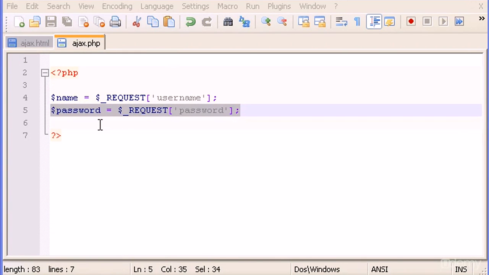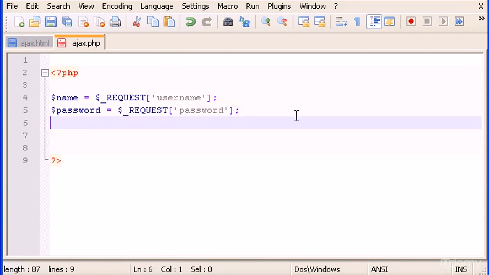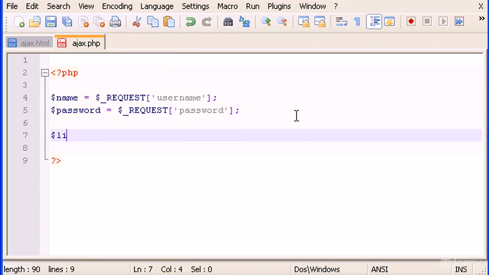Okay, so we are done for now, and now let's complete the PHP file. So now we have this, and what I'm going to do now is create a variable called list. It's going to be equal to an array, and I'm going to call this name. So I'm going to create an associative array, okay, and then encode it in JSON format to return those values to our jQuery script. Okay, so name, and here we can type password,